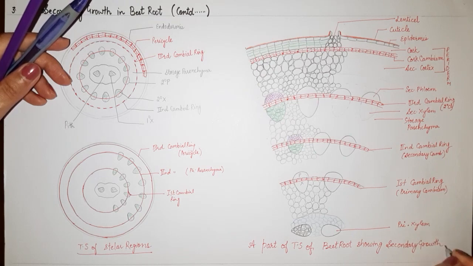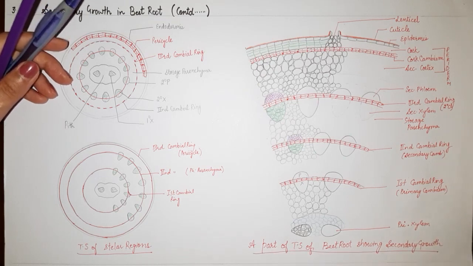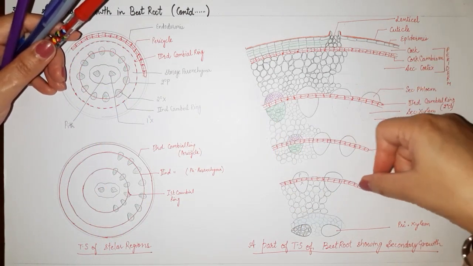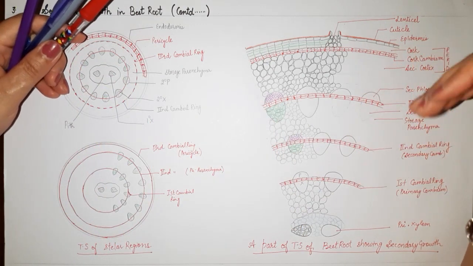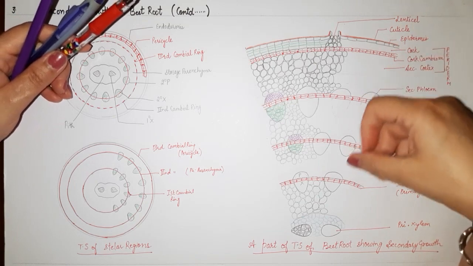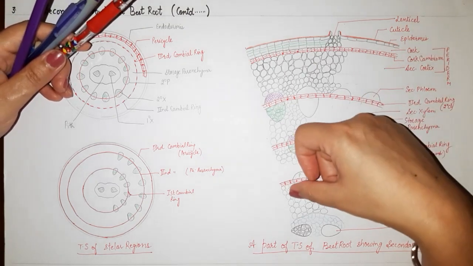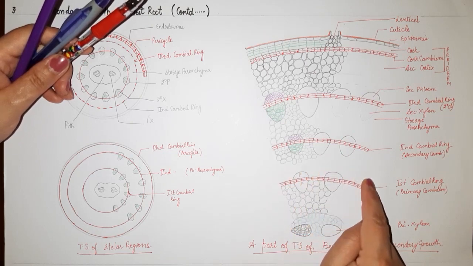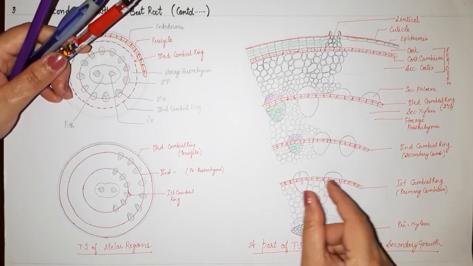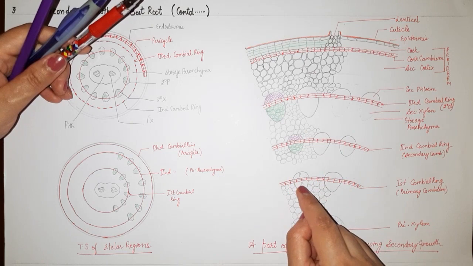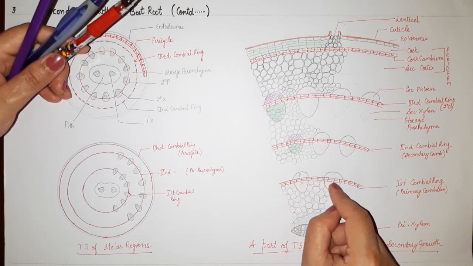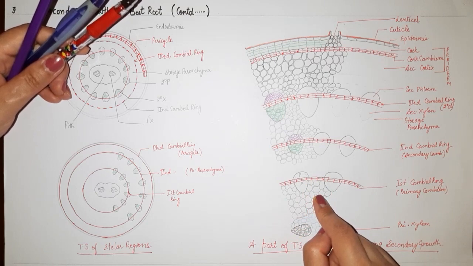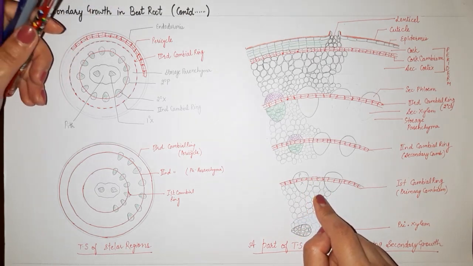Now to revise the concept, that is anomalous part here. The very first step, the formation of vascular cambium is normal, but its activity is abnormal. That is, in place of cutting a continuous patch of secondary xylem towards inner side and secondary phloem towards outer side, it cuts them into patches. Okay, these are discontinuous vascular bundles which are formed, and in between this xylem cuts off the storage parenchyma. It is an anomalous character.